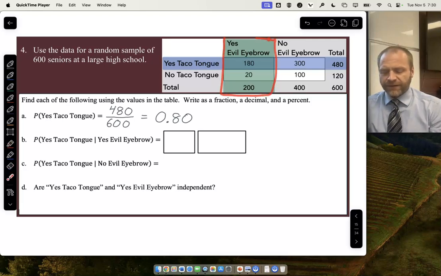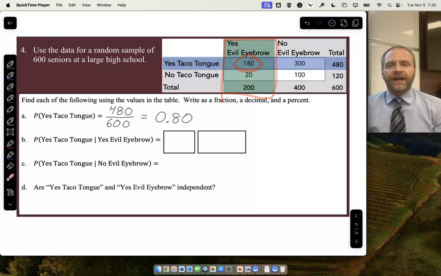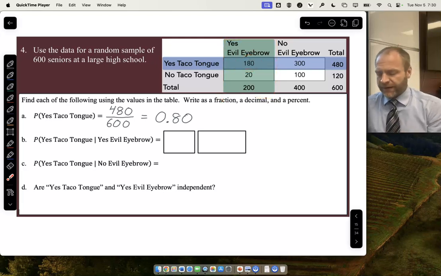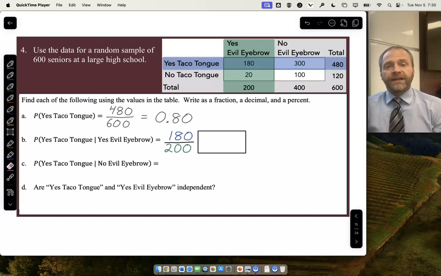Yes, evil eyebrow, given that this occurred. That's a total of 200 students. So I'm looking here, there's 200 students, 180 have the ability to evil eyebrow and taco tongue. So therefore, I'm going to have 180 over 200, which as a decimal is